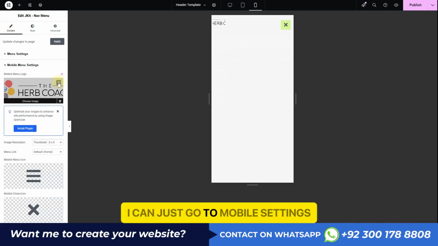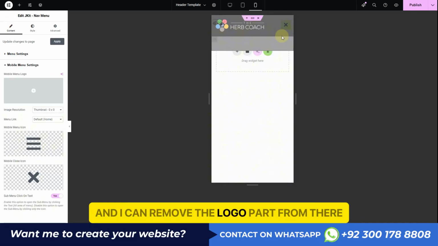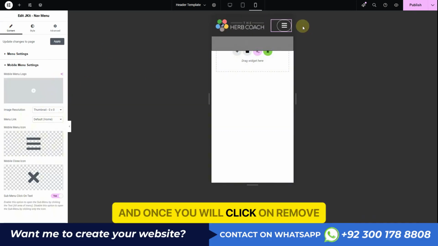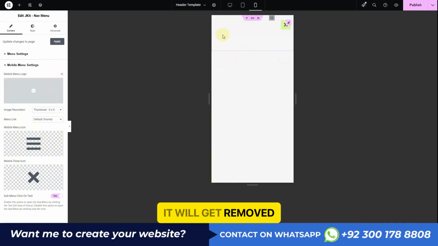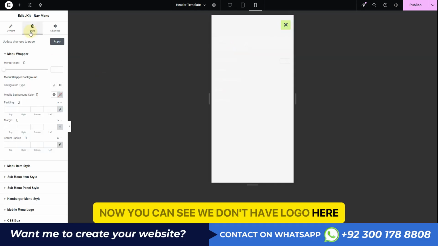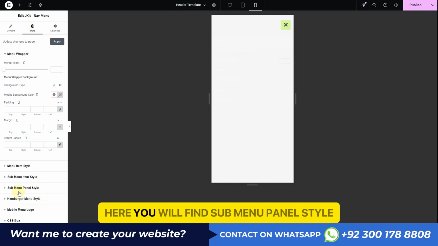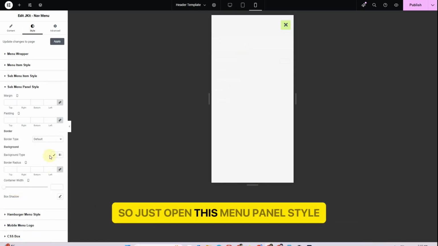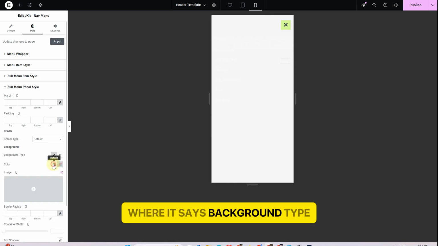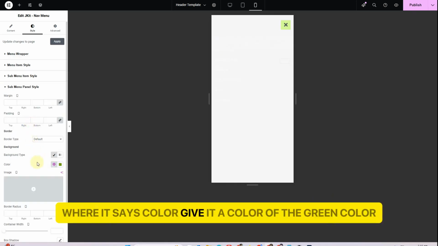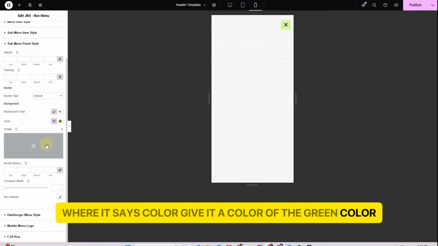I can just go to mobile settings and remove the logo part from there. Once you click on remove, it will get removed. Now you can see we don't have the logo here. Now click on this style, and once you click on style, here you will find sub menu panel style. So just open this sub menu panel style, where it says background type, where it says color, give it the green color,